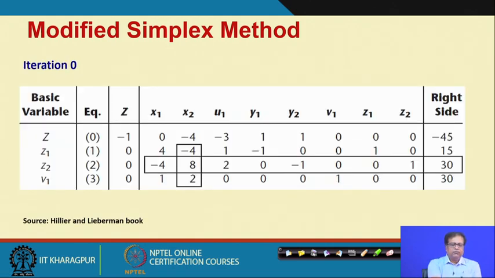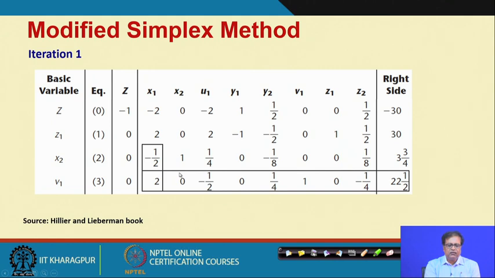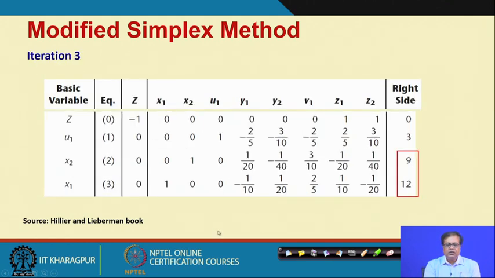So, we have from the Hillier Lieberman book, this is how we have the modified simplex method formulation, and the usual simplex rules can be used. We are not going deep into it, but if you really follow the basic simplex procedure, this is table 0, then table 1, then we have table 2, and at the third table the solution is found, the artificial variables are thrown out, and we have x1 equal to 12 and x2 equal to 9 as the optimal solution, right.